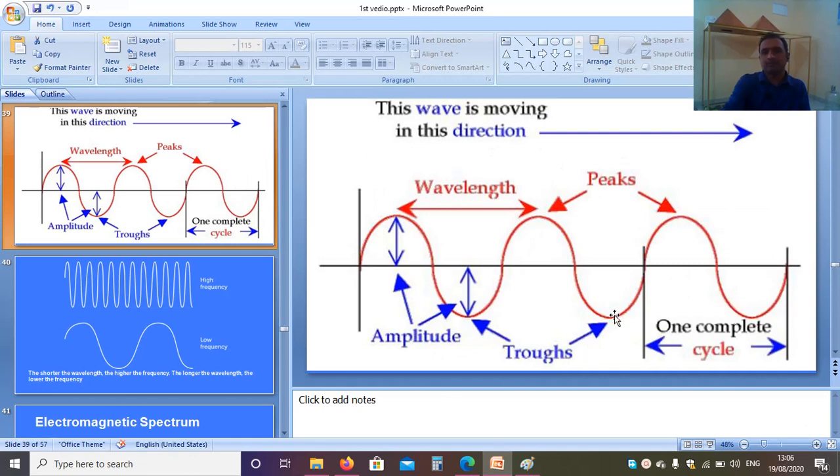So this is the trough. This is one oscillation; per oscillation, one cycle is completed for one cycle time period. How much time it takes per one cycle is called the time period. These are peaks. This is the antinode. This is also an antinode. The distance between two peaks is the wavelength, and the amplitude is like this.